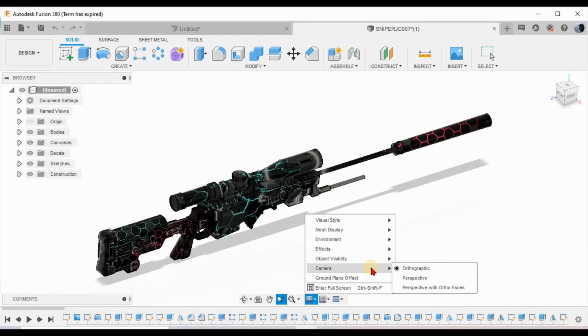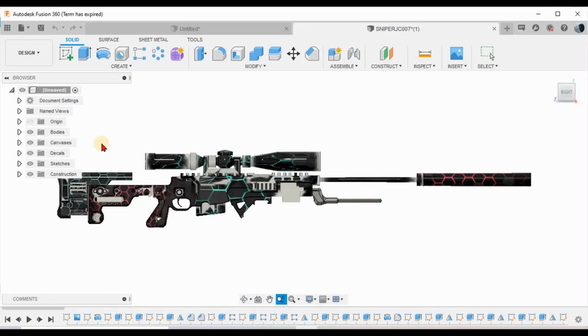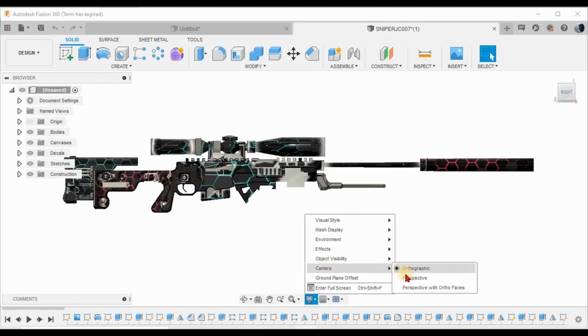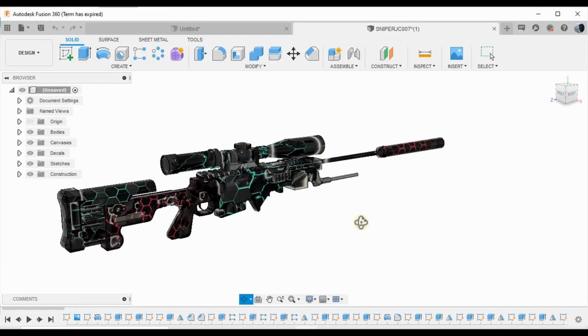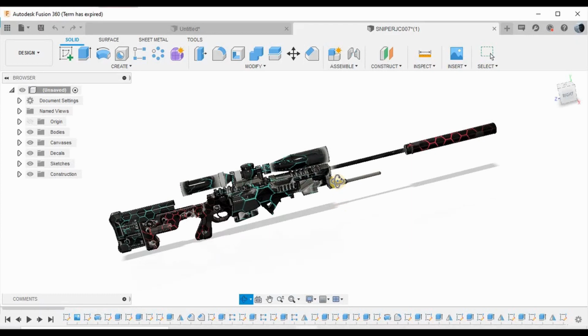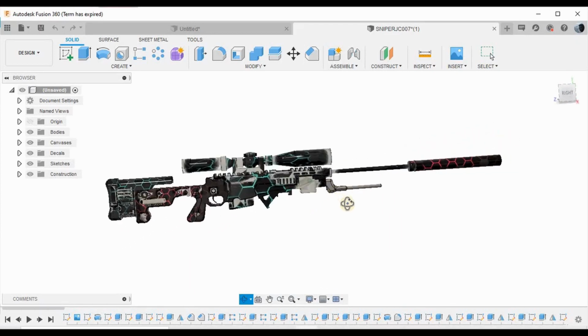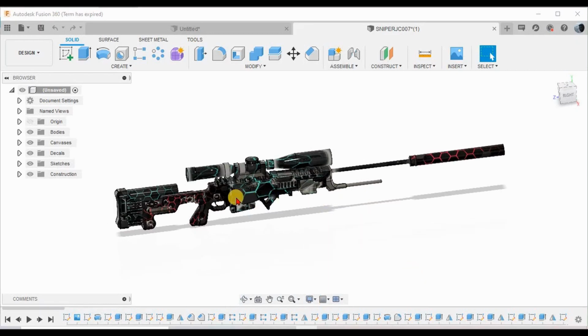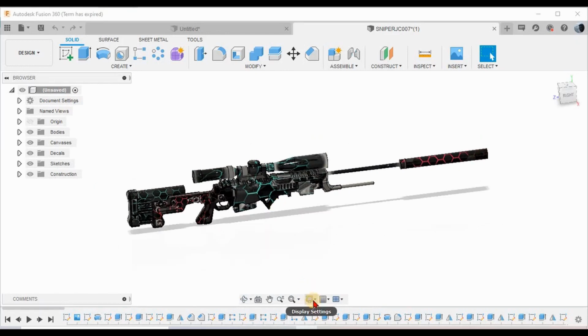And the next thing is camera. Make sure when you design, your camera is in orthographic view, so that you will get the true dimension. Okay, this is your true dimensional view. Now if you change your camera to perspective, see, it will change into a more realistic image. So it won't be a true dimensional image, but it will be more realistic. So for designing, your camera should always be in orthographic, and the perspective camera angle we will see when we do rendering. Okay, that is another part. Now that's about the display settings.